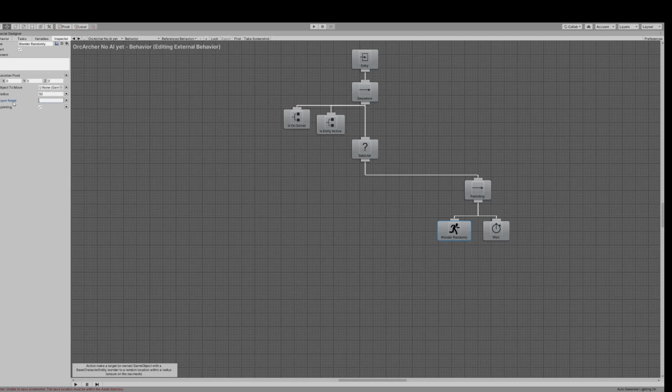Layer name, we might actually be removing this. This was essentially allowing us to target the terrain to ensure that we're actually sitting on terrain, but I've made some change so that we don't need that, so I might remove that. Anyway, this is our patrolling script. So something else we might want to do,